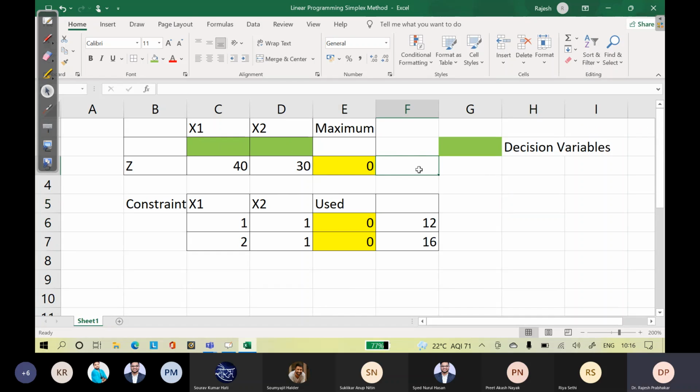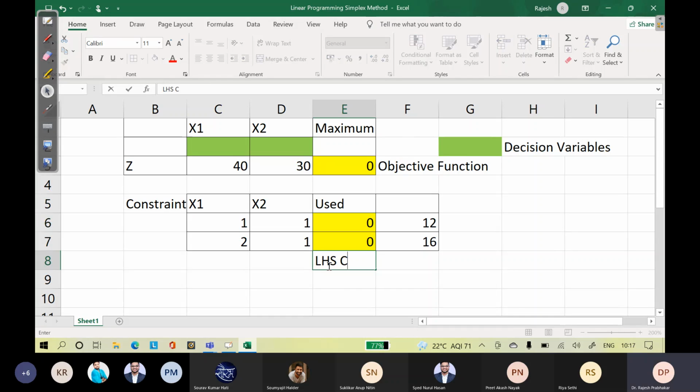This is your objective function. So these will be your LHS constraints. We have the right side constraints. These are your RHS constraints. Right?